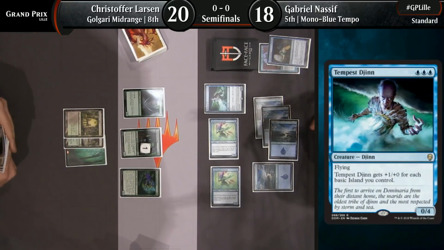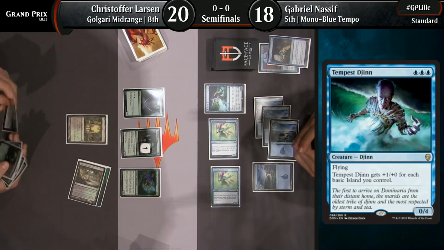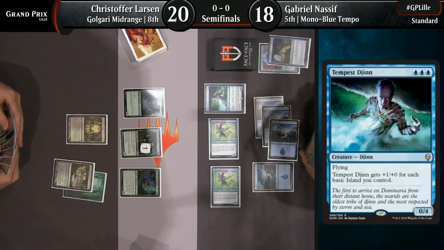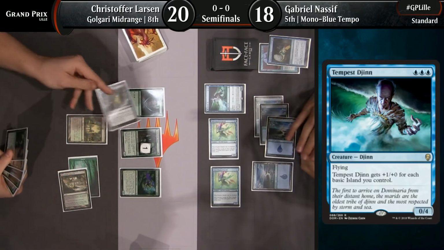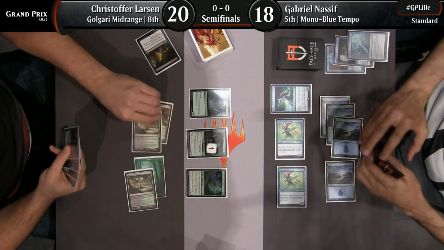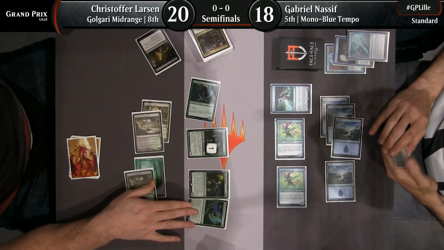His Tempest Djinn is already a 4/4 flyer, and with each additional Island that he plays, it will gain further points of power. And only 1 mana left up for Nassif here, so potentially enough to protect a creature. Cast Down comes, and there's a Dive Down on the other side of things. But the follow-up, this is...